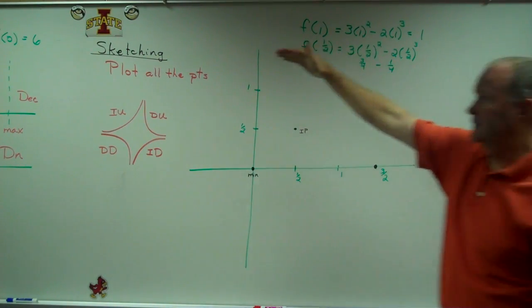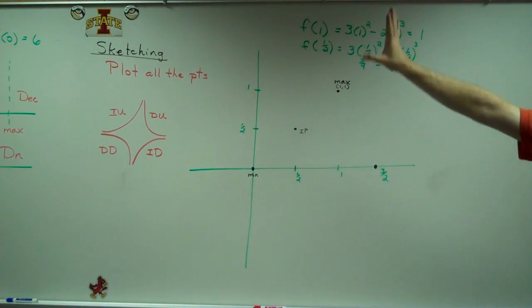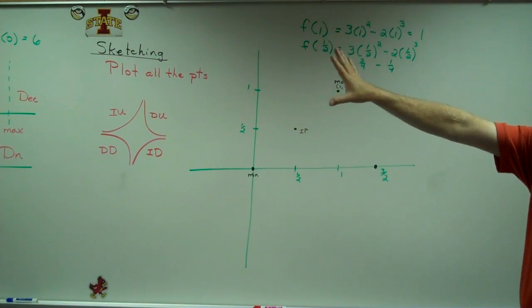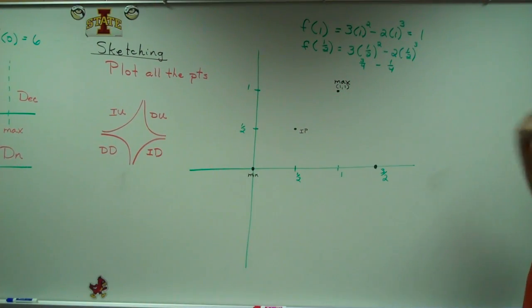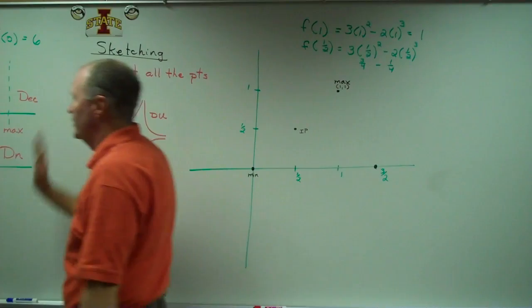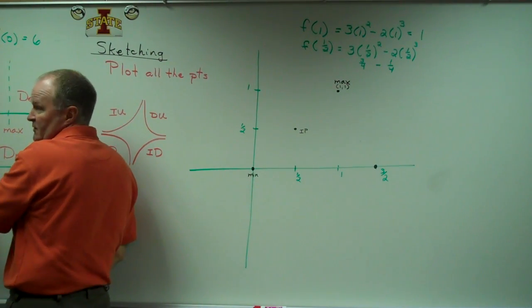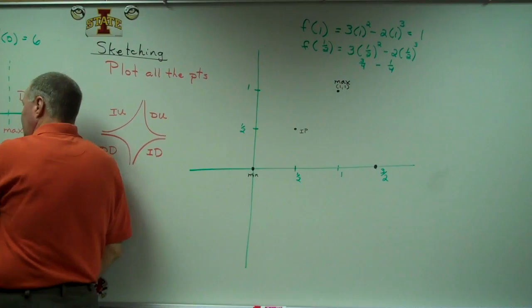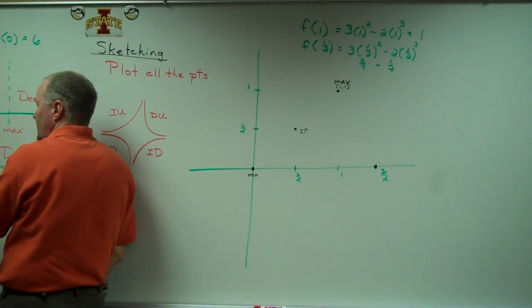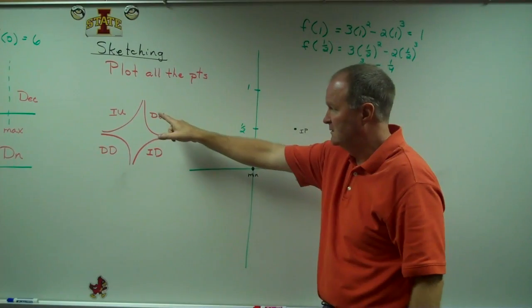So that's the first part of the sketching. Plot all the points. Then I got to go to my increasing, decreasing, concave up, concave down charts. And I start as far to the left as possible. And I notice the first thing I run into is at 0, the first change. So everything to the left of 0 should be decreasing and concave up. D and a U is